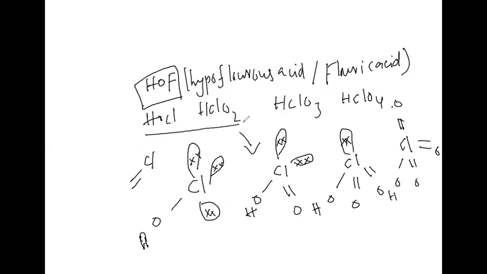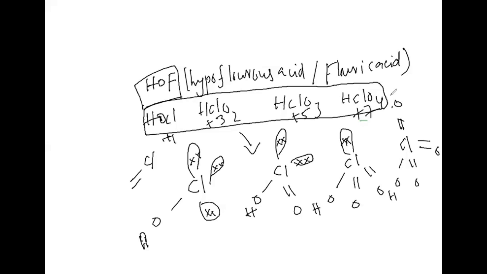Now we have taken all these. Which one is more acidic actually? These types of questions will come in competitive exams. Which one is more acidic? Here chlorine is in +1 oxidation state, here +3, here +5, here +7. When the oxidation number is higher, we can expect higher acidic behavior. Right, higher oxidation state, higher acidic behavior.